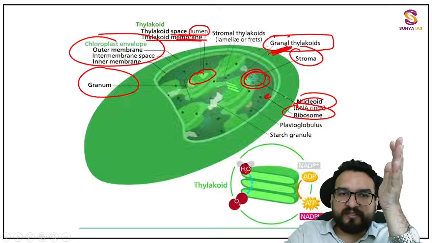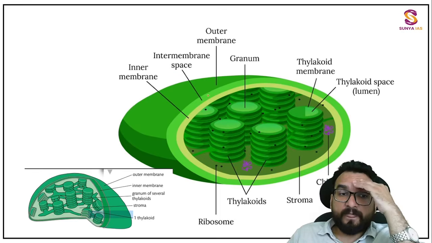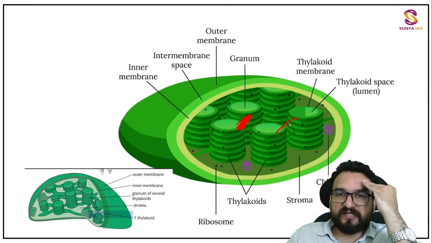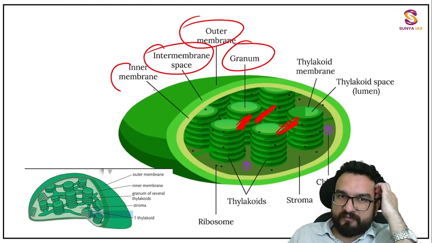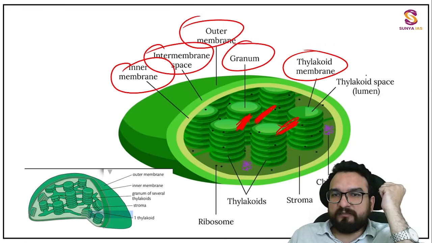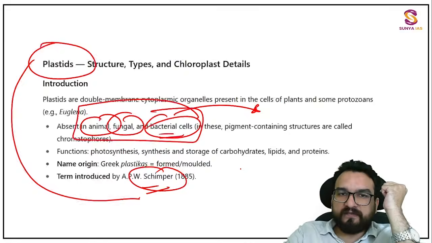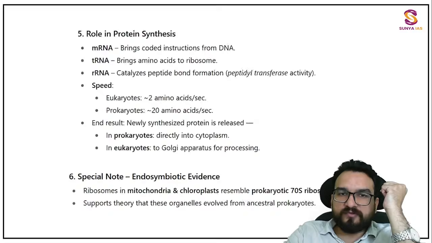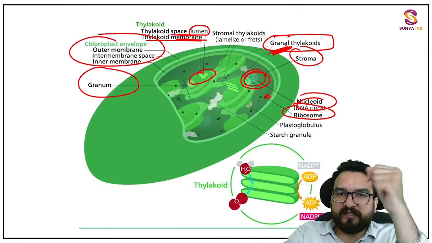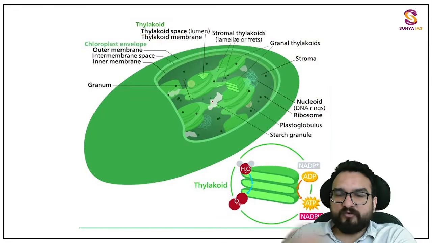Understanding? Let me show you another diagram if I have. See this diagram, guys, clearly. How these channels are connected. Fret channel also. These two are connected with Fret channel. Okay. Granum, outer membrane, intermembrane, inner membrane, thylakoid space, chloroplast DNA, stroma. Right? Anything else? If I have the other diagram also, let me show you. It is not here, so you see, the Fret channel must be written somewhere here, right? These two must be connected by some channel over here. Not written, it's all right.